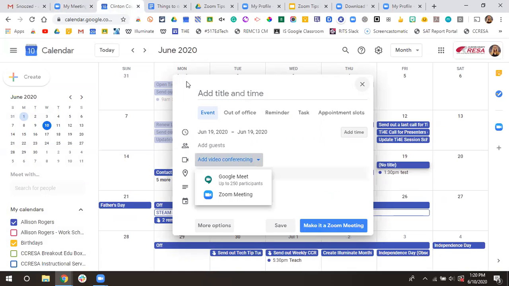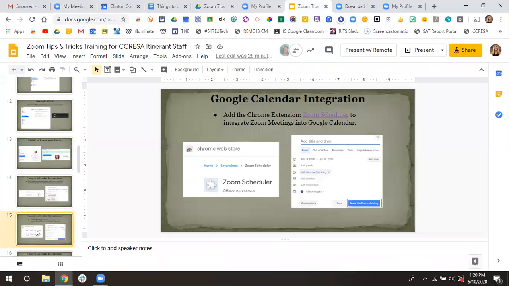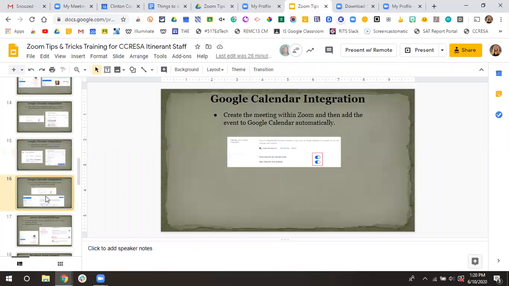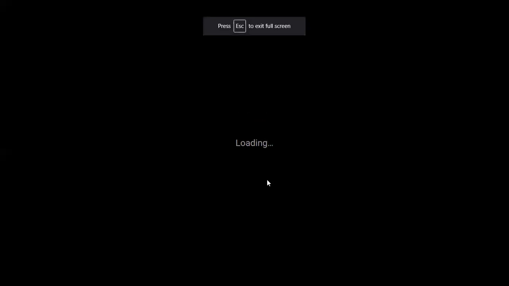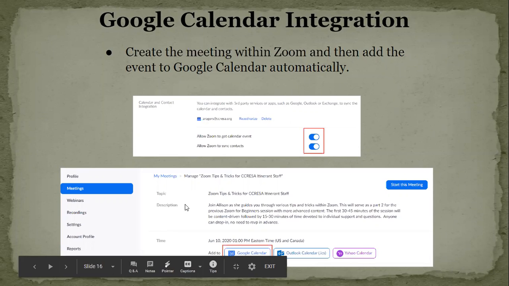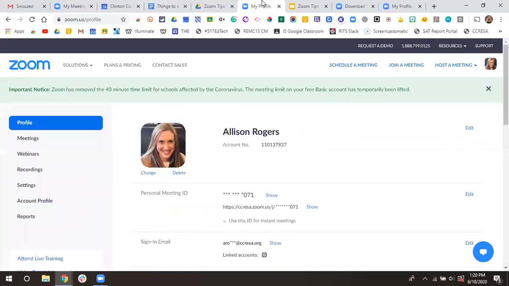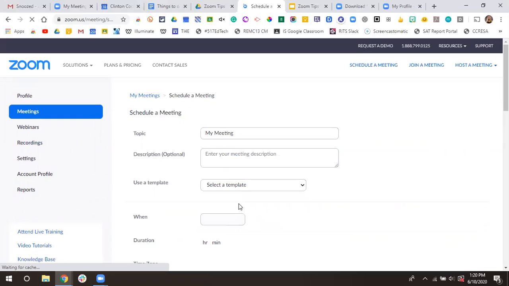Now let's say you're in Zoom and you don't want to have to jump out to calendar. You want to create your actual event in Zoom and have it automatically added to calendar. There's an option for that as well. You just have to select add Google Calendar. So in the live site, and I'm jumping back and forth here, if I go to meetings and I'm going to schedule a new meeting, I can fill in the details,